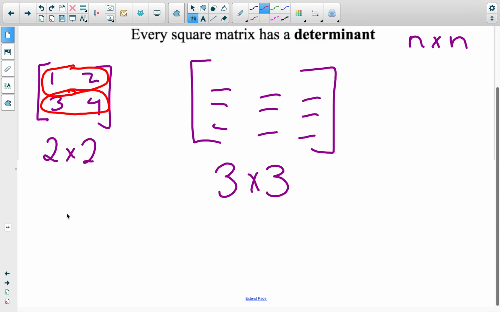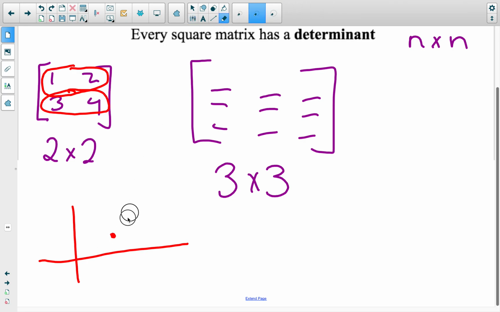All right, so picture on your coordinate plane, if this 1, 2, if there was a coordinate point over 1, up 2, say that there was a point right there,